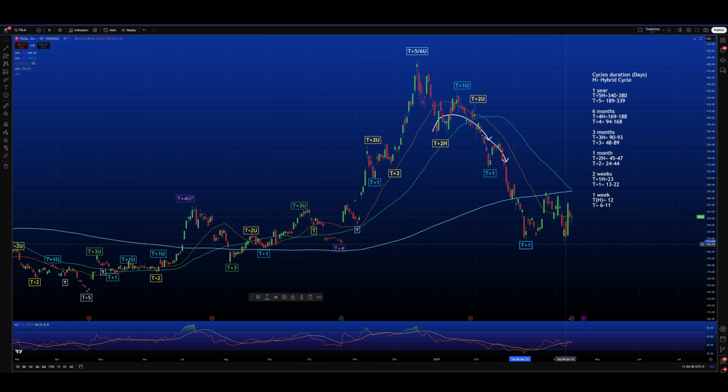So from this low here, we have for sure T+1, because we have 1, 2, 3, 4, 5 bars. I got this low here. But we need to see whether from this low we can start something that is definitely, let's say, wider than a T+1. Okay, and why that? Because on this stock, like Apple